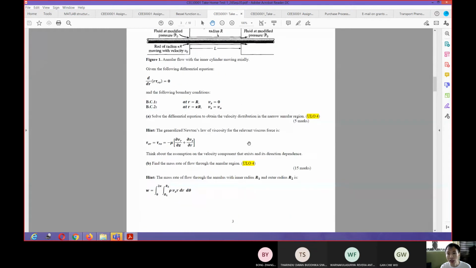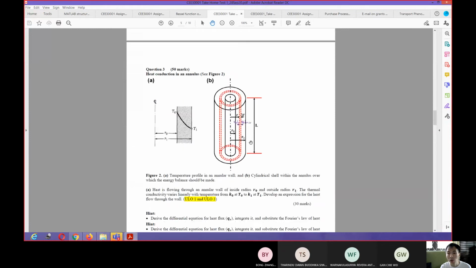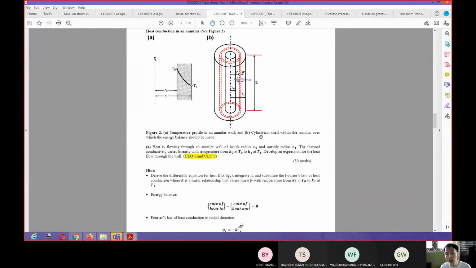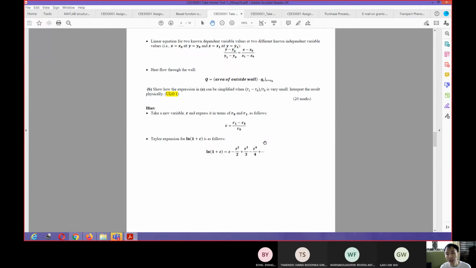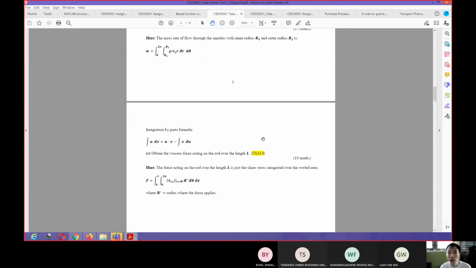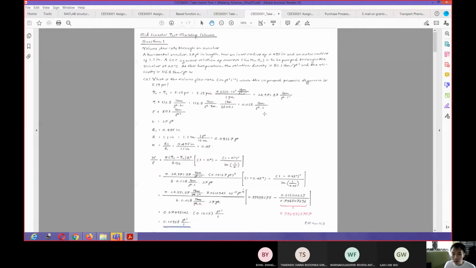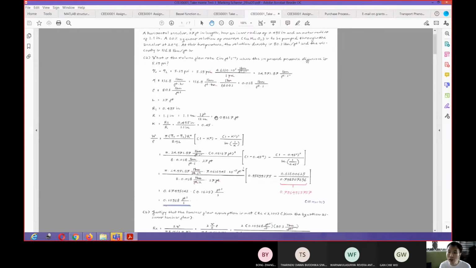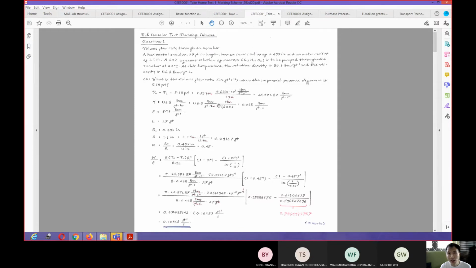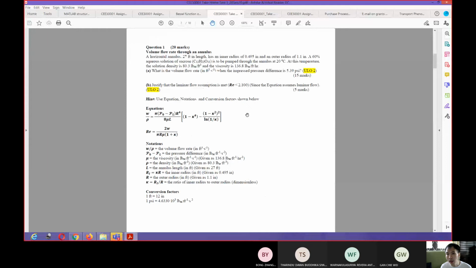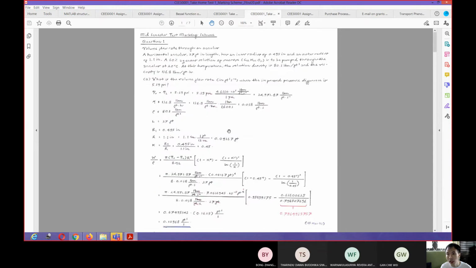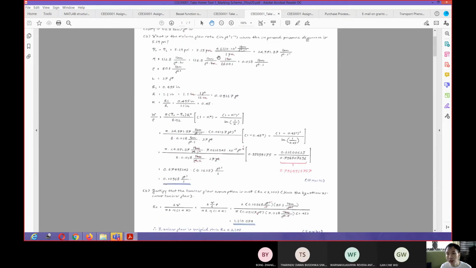Question 2 as well, everything has been given already. And then this one is question 3. Question 3 is a bit more challenging. As you go from question 1 to question 2 and question 3, the level will increase. So question 1 is you have to convert the pressure difference correctly, and the conversion factor has been given here already. Okay, and then this has to be converted.